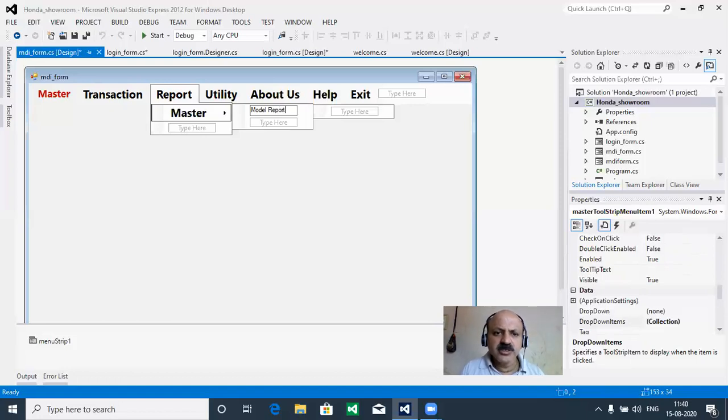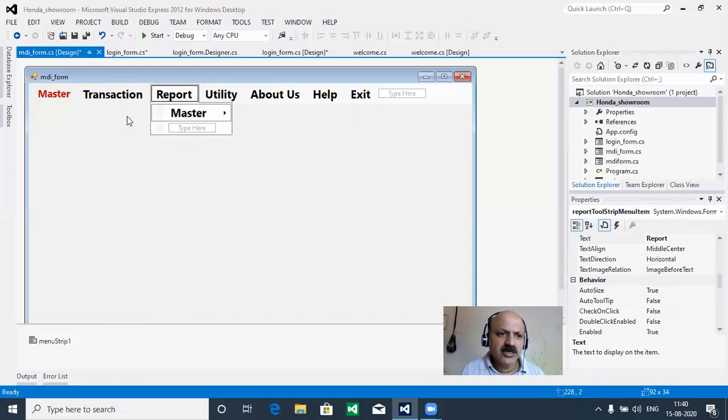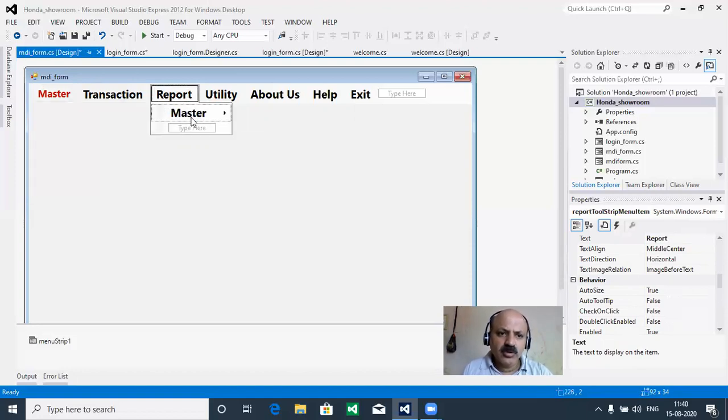So that is a possibility. And you can skip this master word and take all forms directly, like here model, customer, dealer, employee and service, into the report directly, like model report. Then you click, and that form is open, ID wise, name wise and so on, there are three.